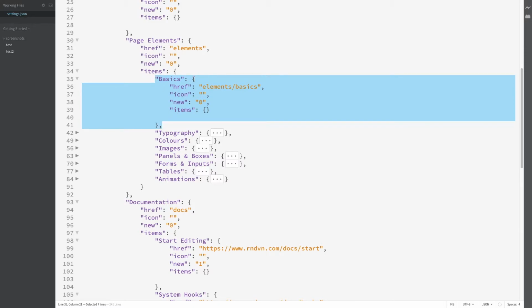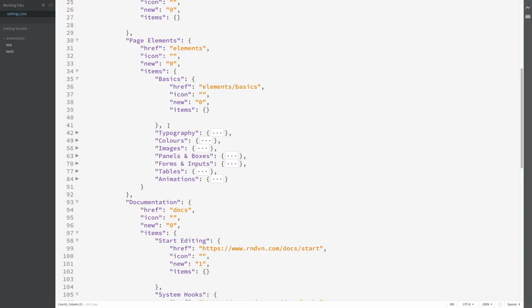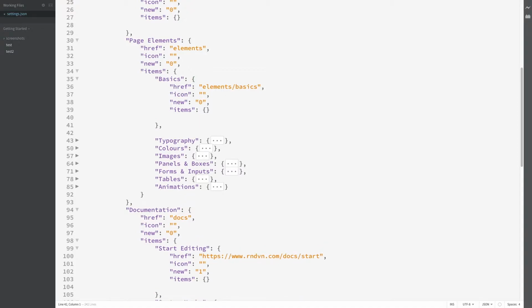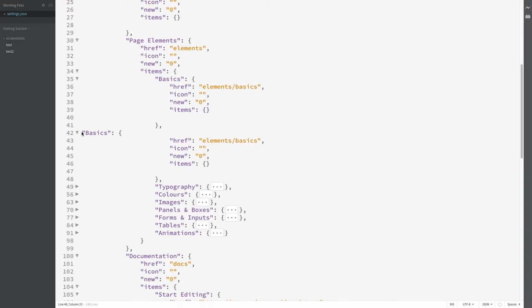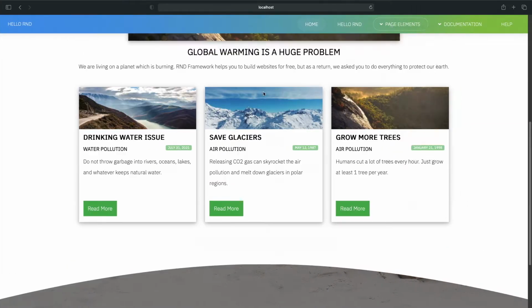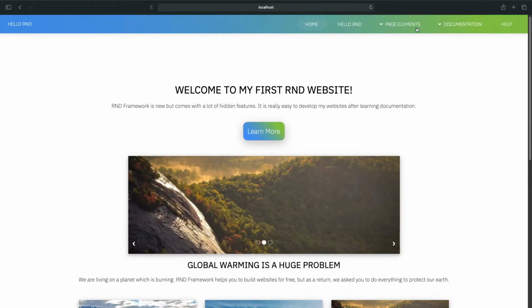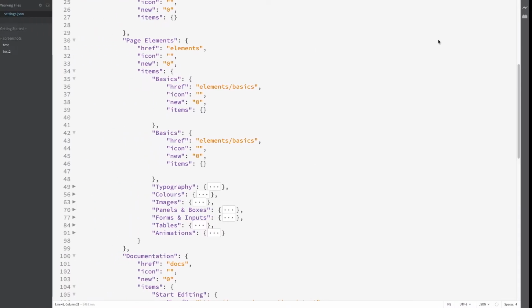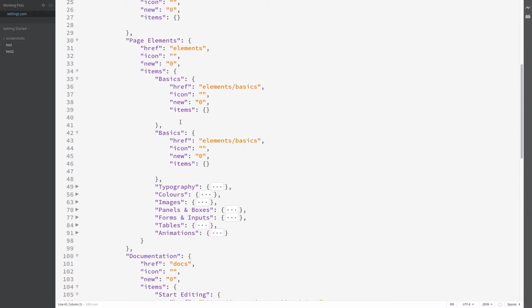Be careful about these brackets and the comma, and you put a new menu item here. So you see that this is a duplicate of this menu, so you cannot keep a duplicate menu item. For example, let's say I save this file and I reload, but nothing happened here. But if I change this one,